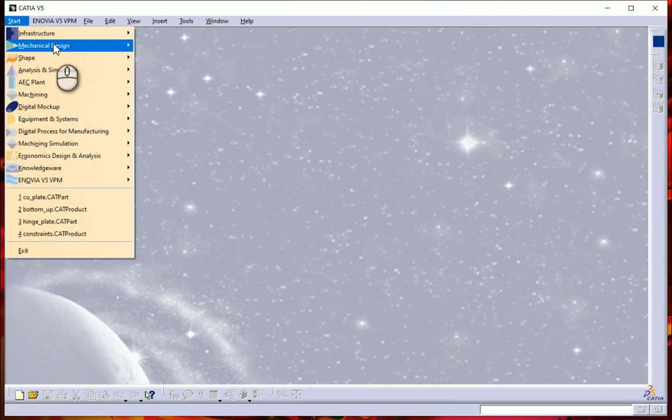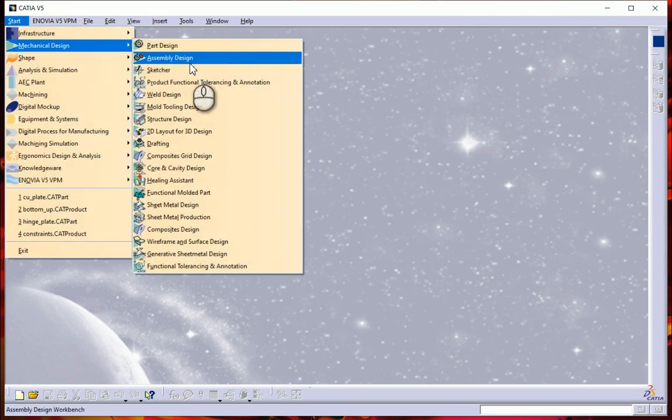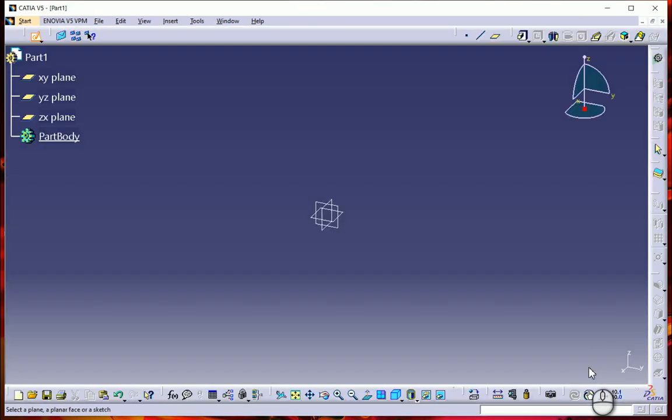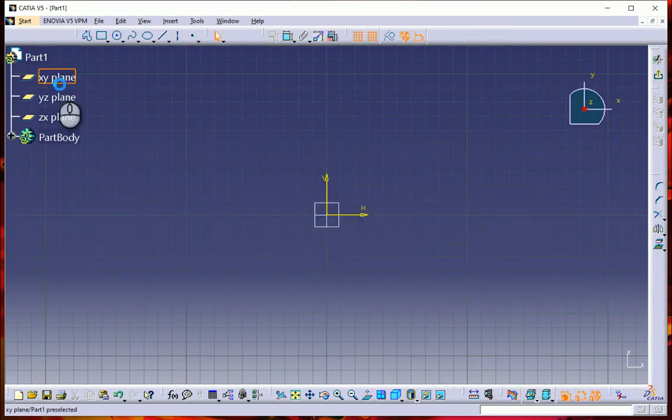So these are the different workbenches. Now what a workbench basically is, it's a specified environment or area which is given to us. I'll just pop up the sketcher workbench. Once I select a plane, I will enter into the sketcher workbench. This is a sketcher workbench in which a two-dimensional sketch is made, right? So this entire area is where we can work. This is known as the workspace or the workbench, right? So in this workbench we have different tools.